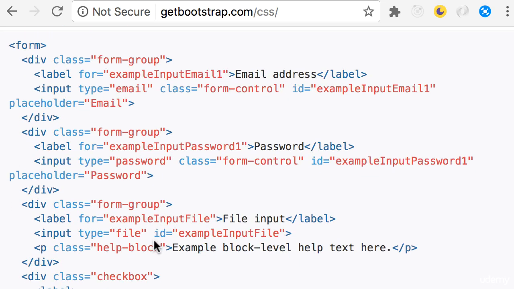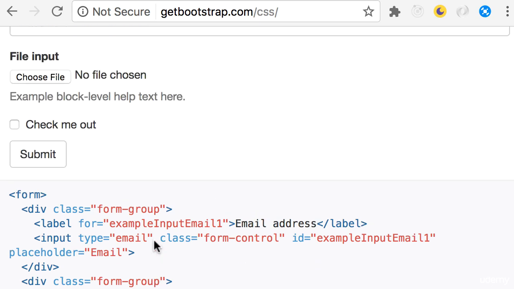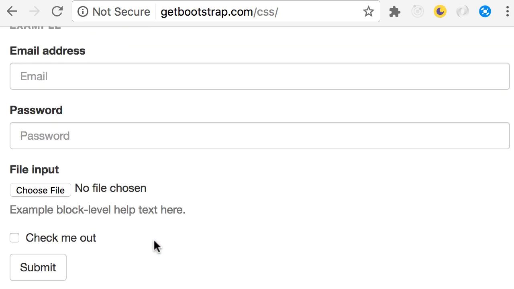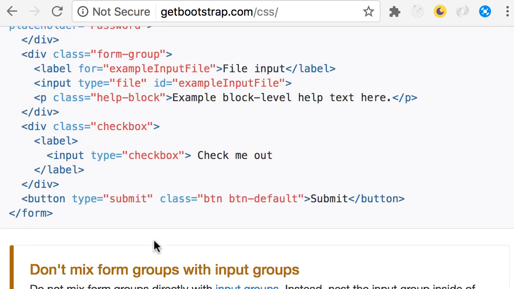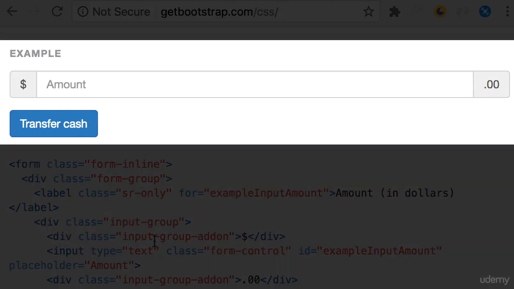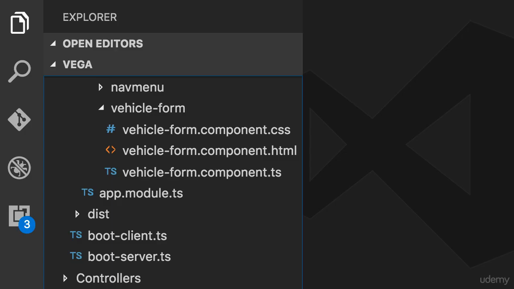And below that, you can see the markup that you need to use to render a form like this, a clean, modern looking form. And if you scroll further, you can see various other examples that may work better for your applications. So now, let's go to